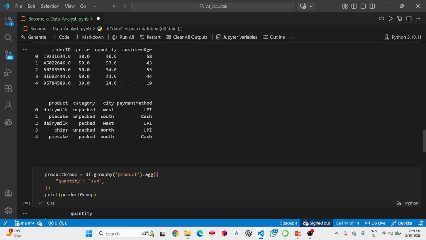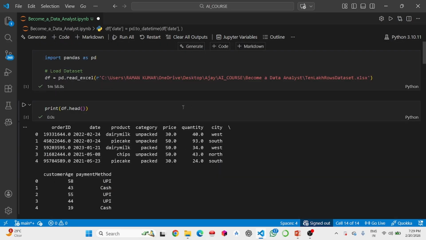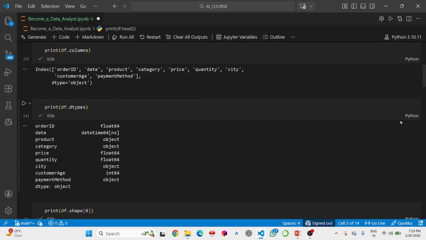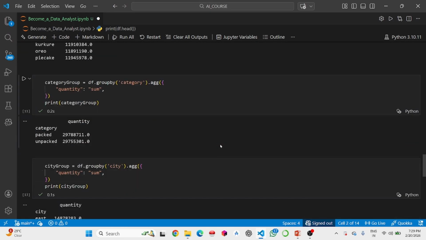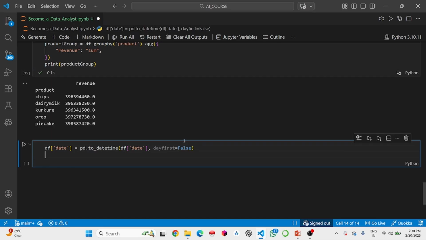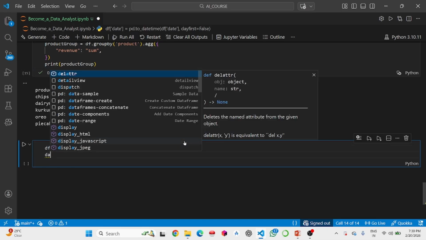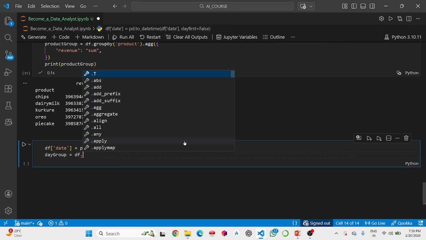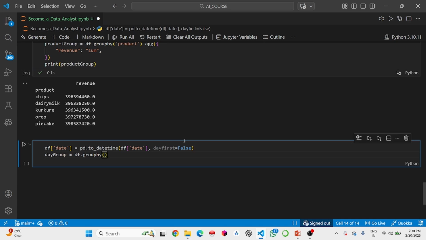So for day, first we need to check our date column. Here the day is not first, it is last. So I am giving dayfirst equal to False. Now day group equal to df.groupby date, dot aggregation function